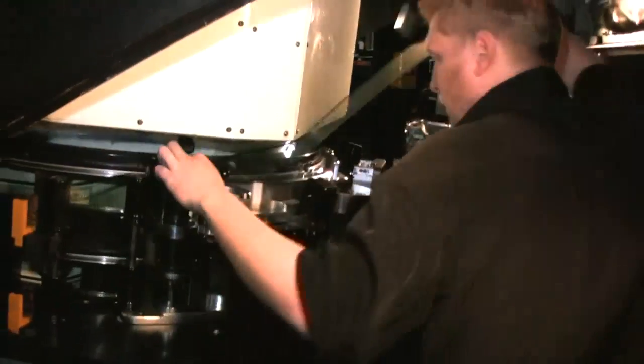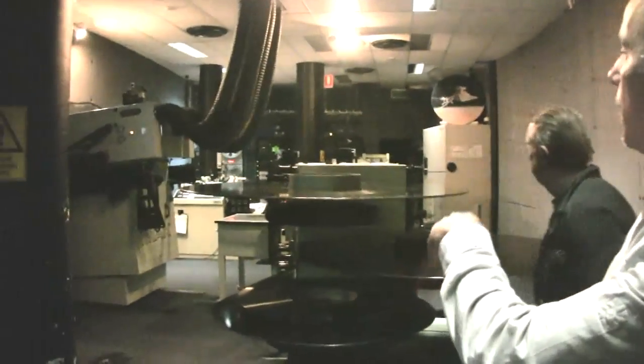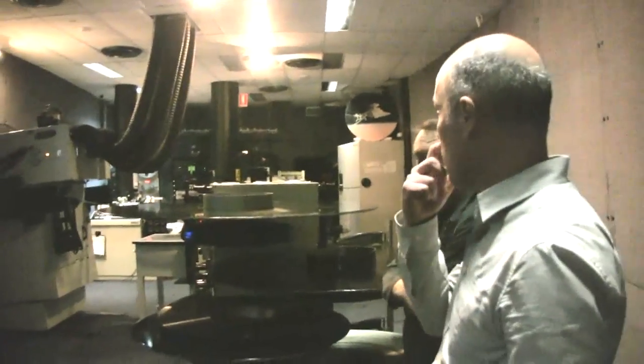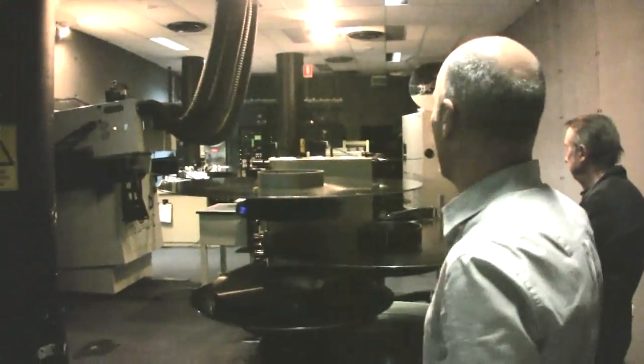The session's just coming to an end, so what the guys will be doing now is winding down the session and then rethreading for Hubble, which we'll see. Hubble being a 3D film will operate off two rewind units. One's a left eye, one's a right eye, and the guys will